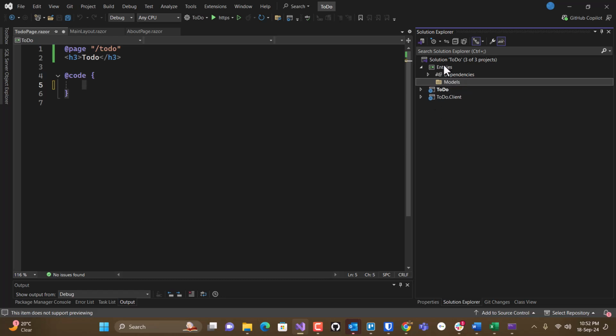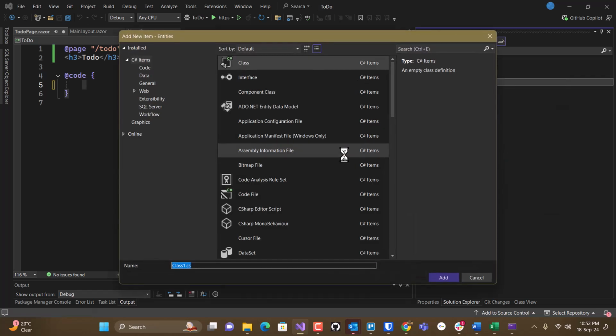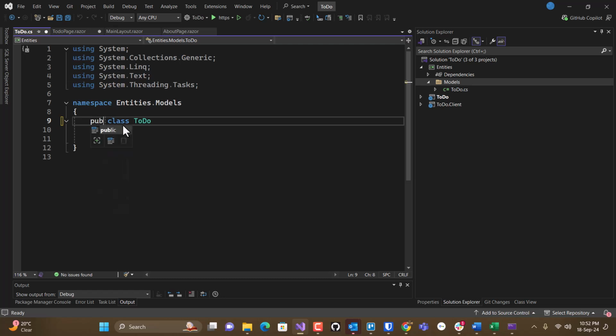And you want your model class to actually be in a project outside of the server side and outside the client, because these are most likely going to be sharing these to pass these back and forth. And later on, you may have a web API on your server, and you want that shared thing. So that's why we're going to make this in a separate library. I'm going to create a class called ToDo. I don't know why it still defaults to internal, but